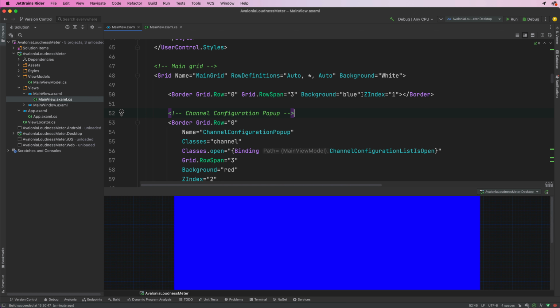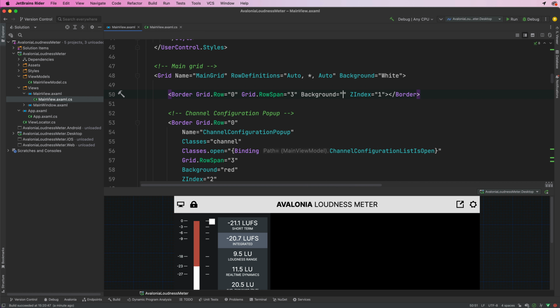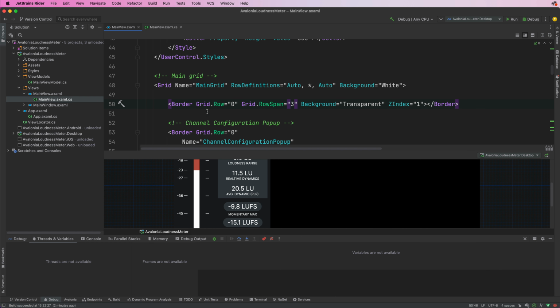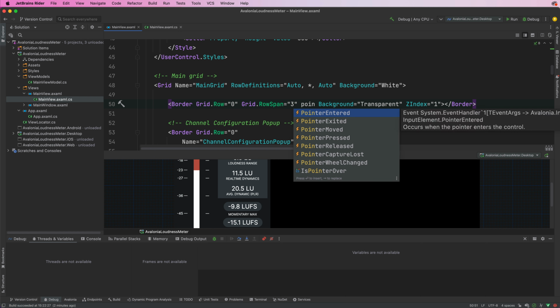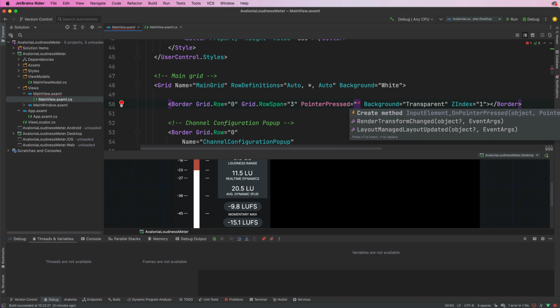consuming everything. So instead of that now, if we just set it to nothing, you can probably set the background purposely to transparent as well, so that you know explicitly it never gets overridden. We now have a transparent overlay that will take all the click events. And border doesn't have a click event directly, but you can do pointer pressed. And then for that,